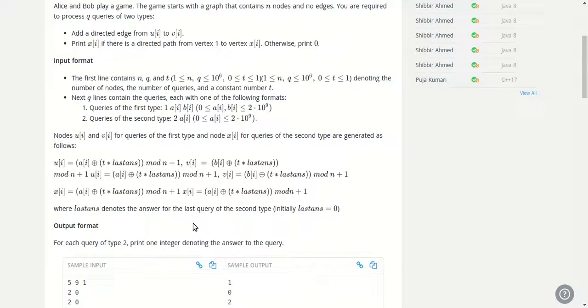So hash map, we can have a key and a list of maps as value, as an array of edges, using u: what are the different edges, what are the different vertices we can go to. We will keep that in an array, and u will be the key, so that will be the hash map.